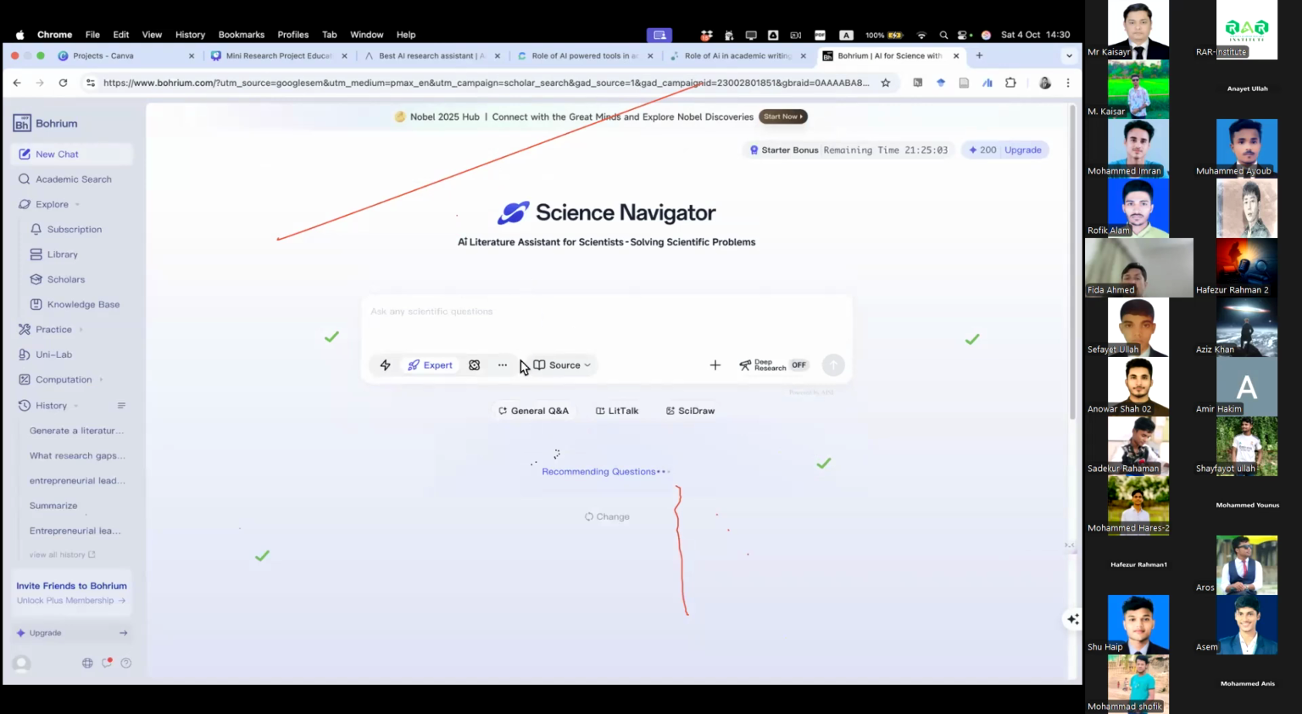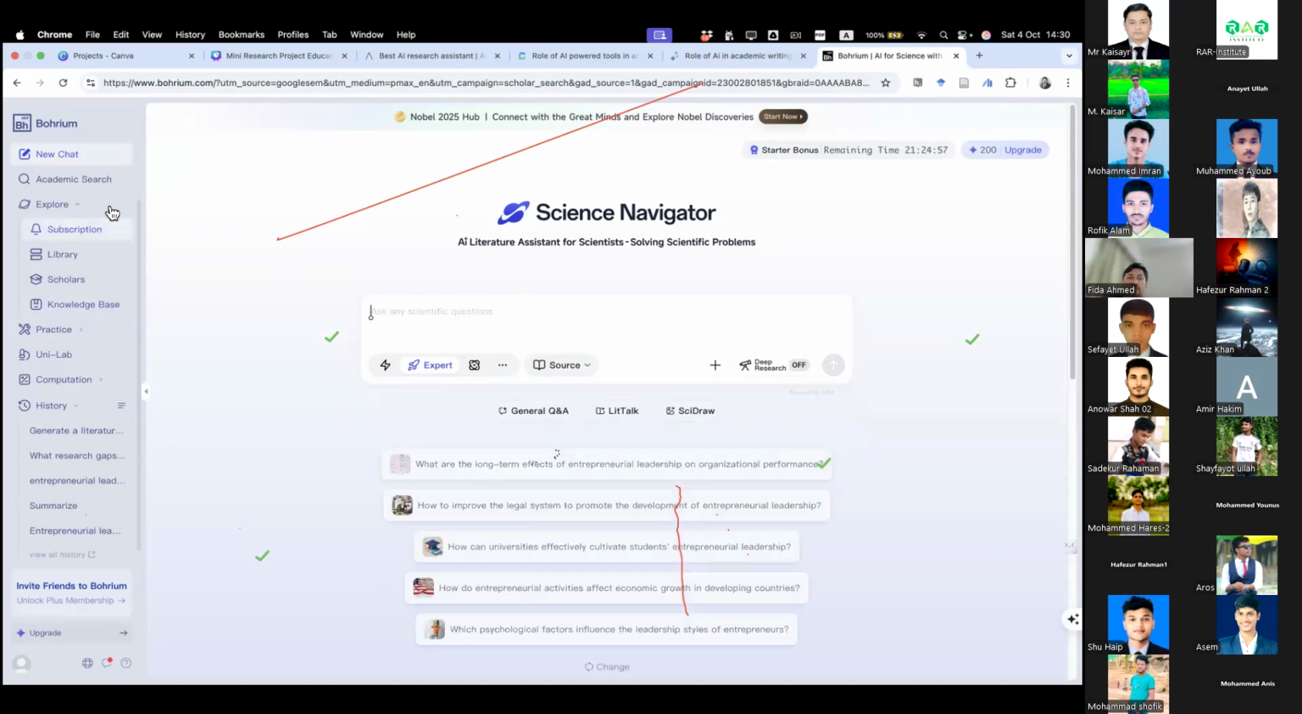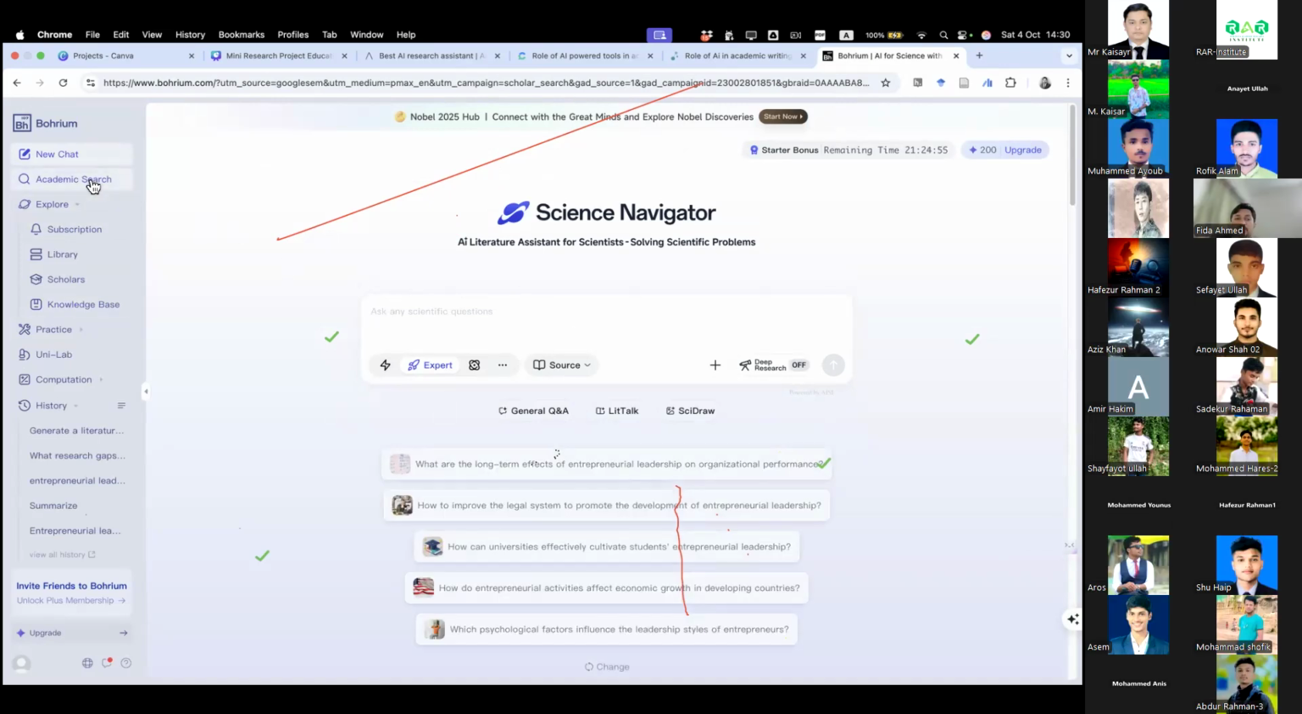So once you open Borium, you will get this interface. For example, if you want to search something, there is academic search or new chat. For example, I'm writing a paper on the role of AI in academic writing. Conduct a comprehensive literature review for me. So if I click this one,